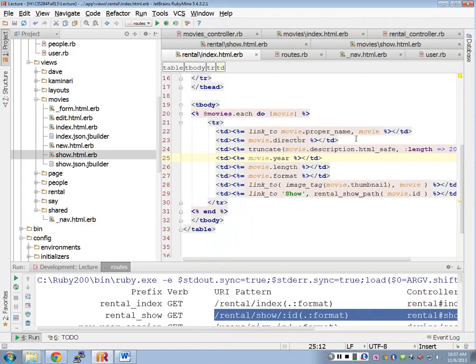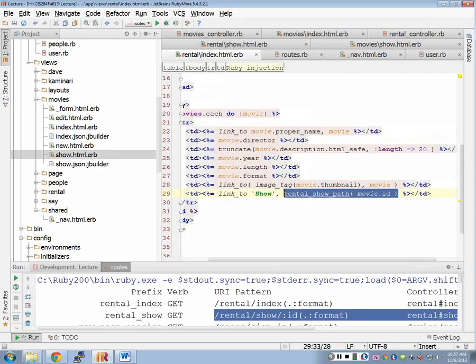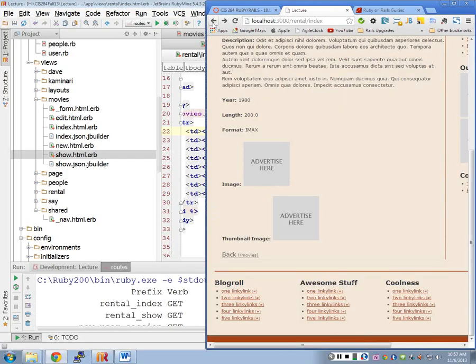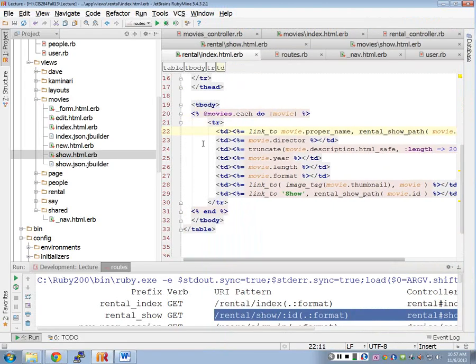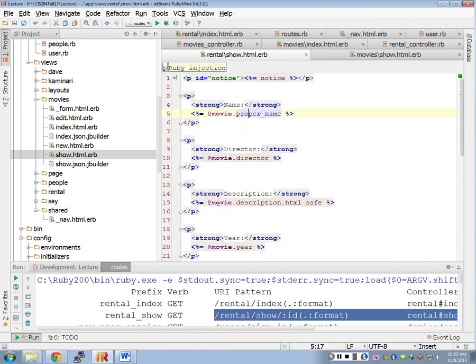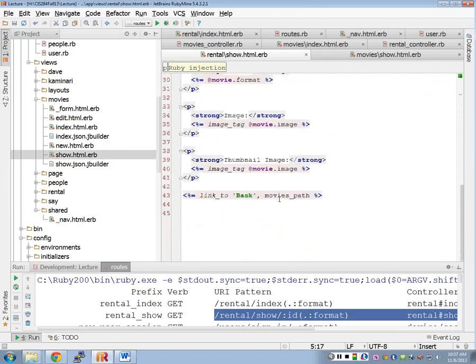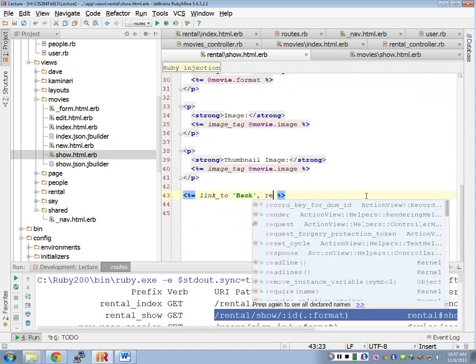I also have this problem up here in my link, right? I need to link to this as well. Because that was the link, that was this link here on the side. I want that to go to the same place that this went to. Then on my show page, I need to go back to what? Rental